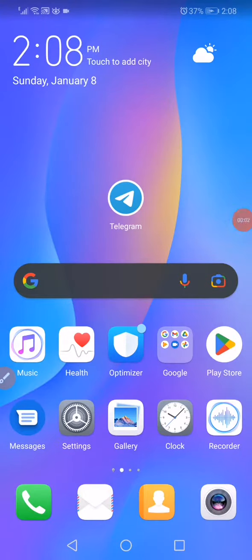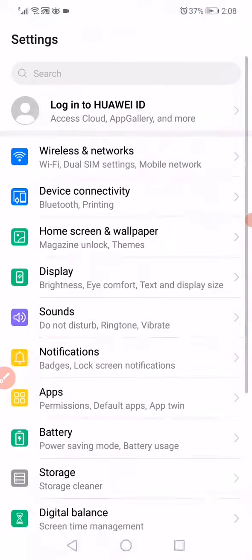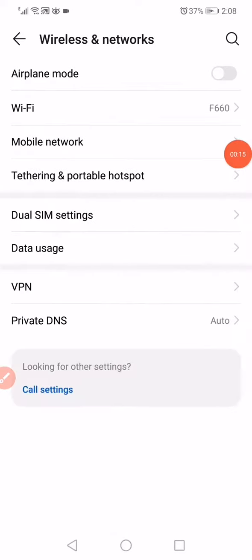How to fix Telegram message doesn't exist easily and fast. All what you want to do guys to fix this problem is actually so easy. First thing you want to do guys is just you have to open the settings, go to the wireless and networks, go to the airplane mode, disable it, and then you have to wait a few seconds and disable it